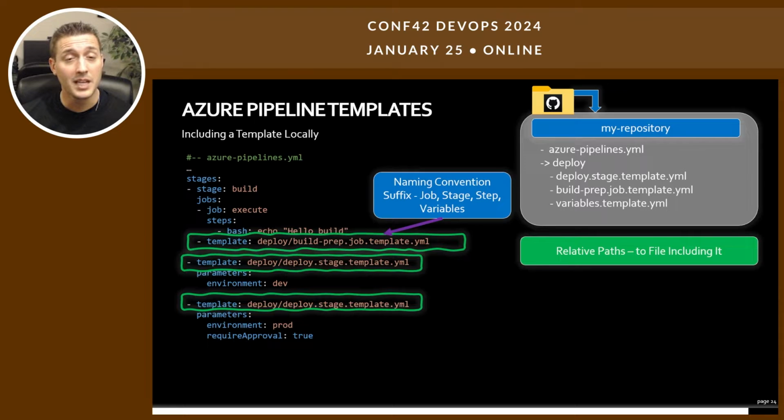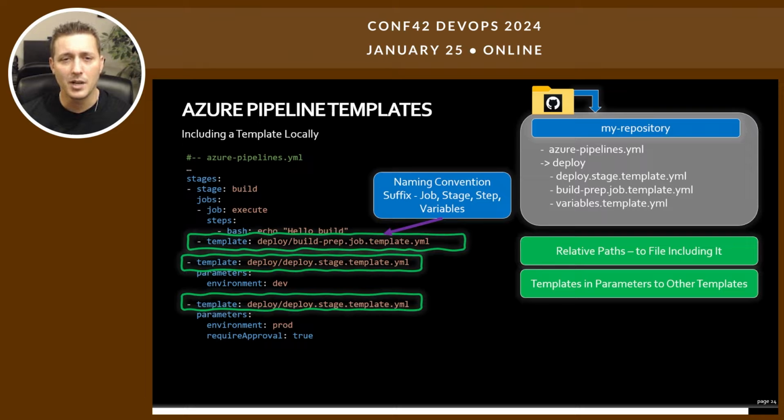When you're including them, it's always relative to the file that you're including it from. So as you walk through that chain, it does become easy. It's not like you're always referencing it to the original file or to the base file. Templates in parameters to other templates is tough. That means that if you're taking in a parameter and in that parameter you reference another template, which one do you refer to? It's actually the original template in that case, and that can be very confusing,